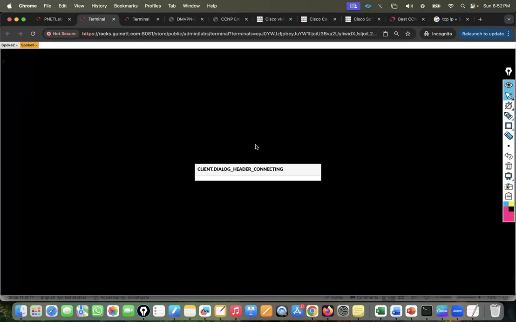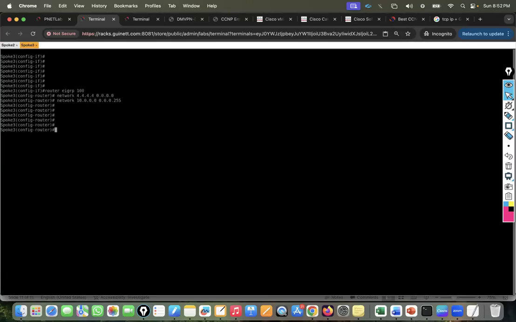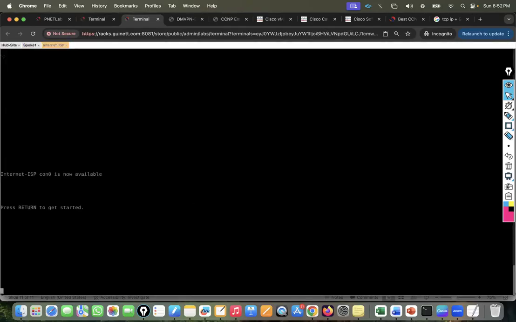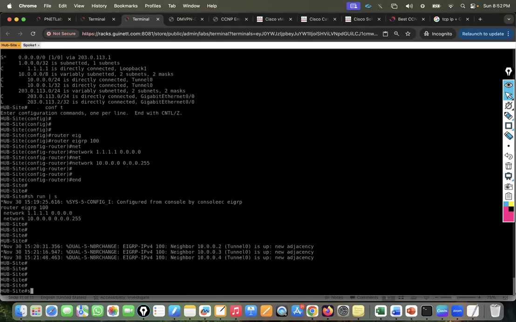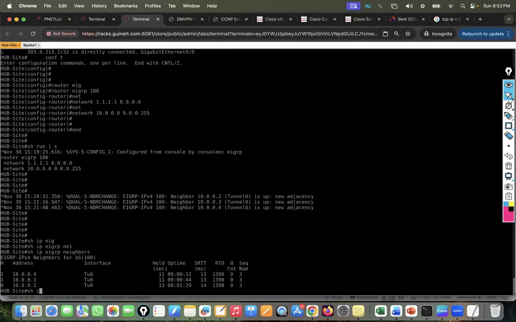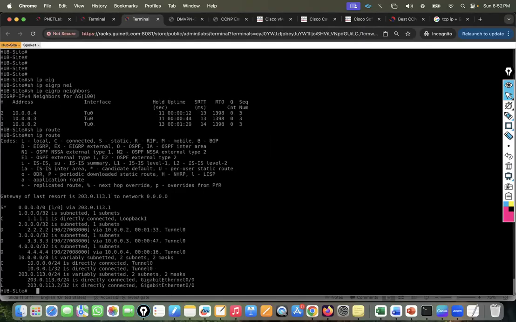Let me try this one. Okay, this is also done, guys. So we have the EIGRP neighbors. If you go to the hub router now and run show ip eigrp neighbor, we have the 3 neighbors. Now if you check show ip route, all the loopback addresses are available. But still, if I try to ping 1.1.1.1,